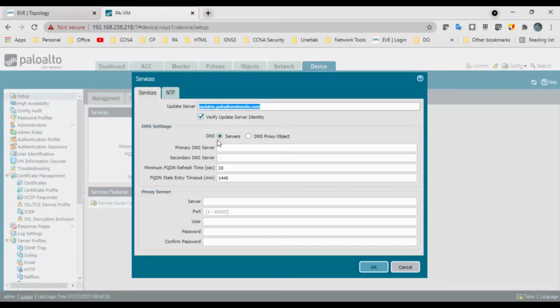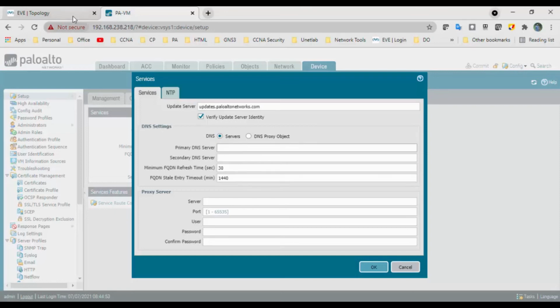If you come down below, there are the DNS settings. In that, there is a DNS server and DNS proxy object. If you have any proxy, you can mention it. And if you have a dedicated DNS server, then you can mention the DNS server IP address.